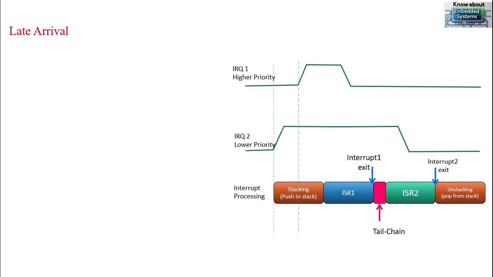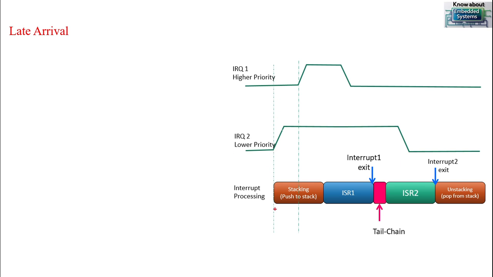And then we have one more thing called late arrival. Late arrival is again a similar concept with a slight difference. Now we will have IRQ1 and IRQ2, similar concept. IRQ2 is a lower priority and IRQ1 is a higher priority. But here the change is that IRQ2 will occur first. You can see here IRQ2 is occurring first, and during the stacking process of IRQ2